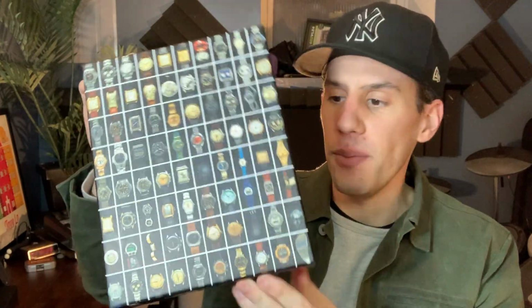This is a 500-piece puzzle featuring some of the most historically significant watches of all time. A guy named Matt Hranek put this thing together. I'll put a link to where you can get it on Amazon. It's like $15, which I think is a crazy deal, especially because you might be able to tell this is